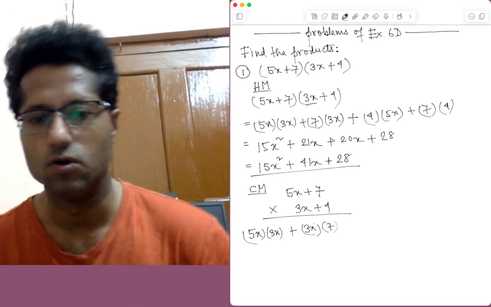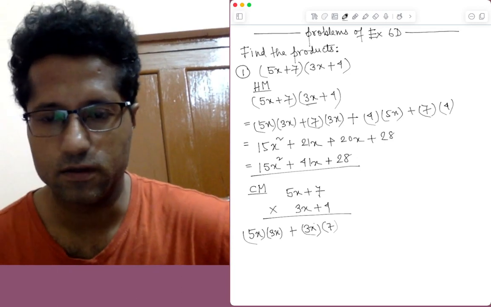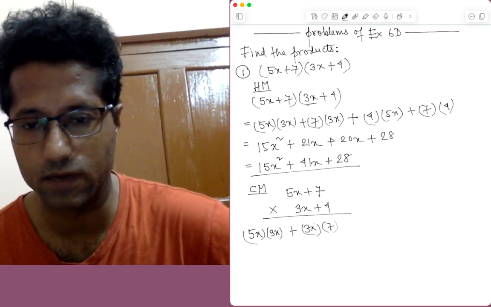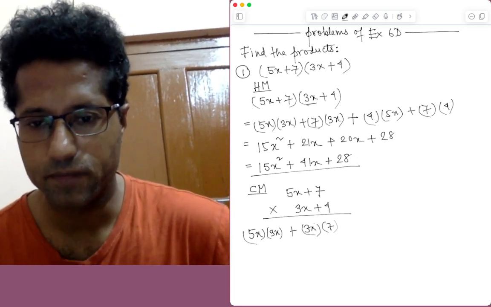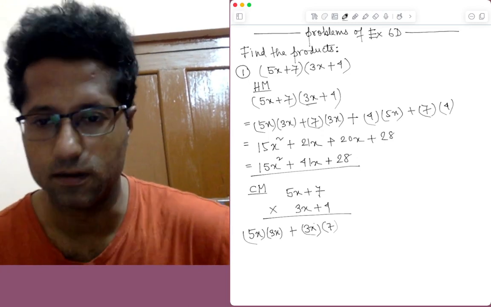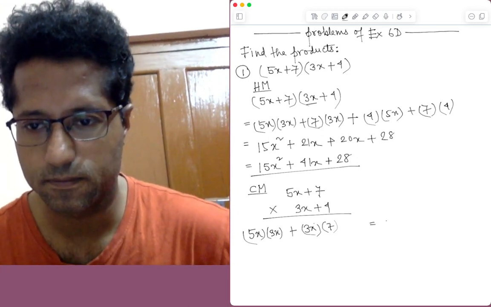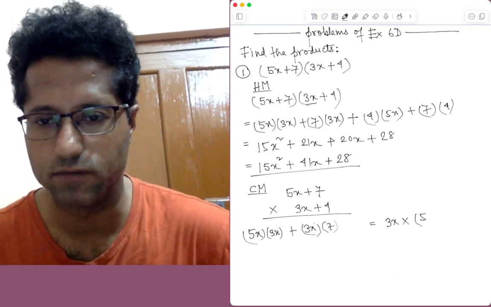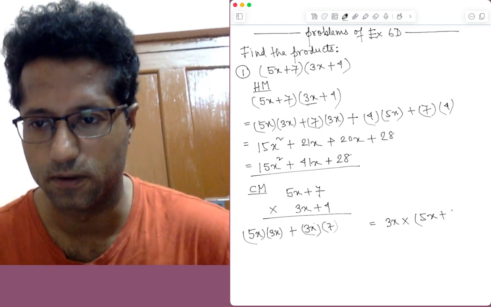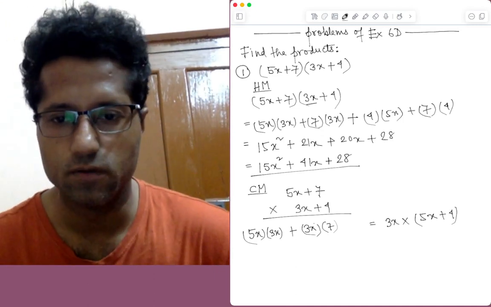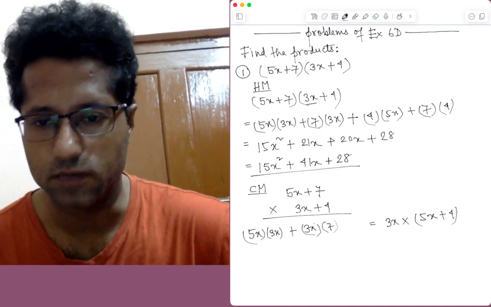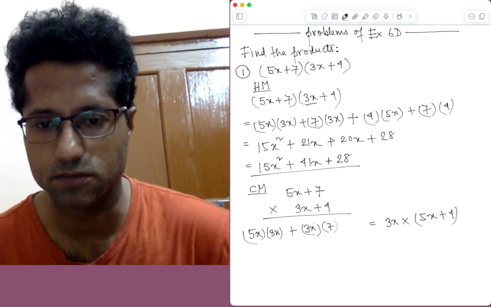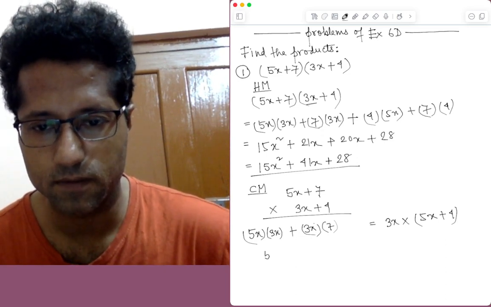This is the first row. This is the product of the first term from the left of the second binomial with the first binomial. Now in the second row we will find the product of the second term of the second binomial with the first binomial, and it becomes 5x